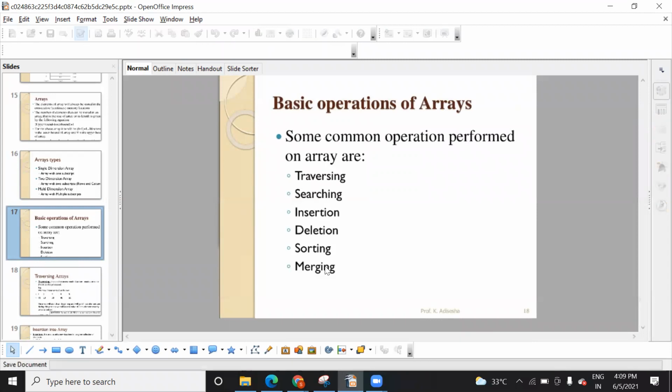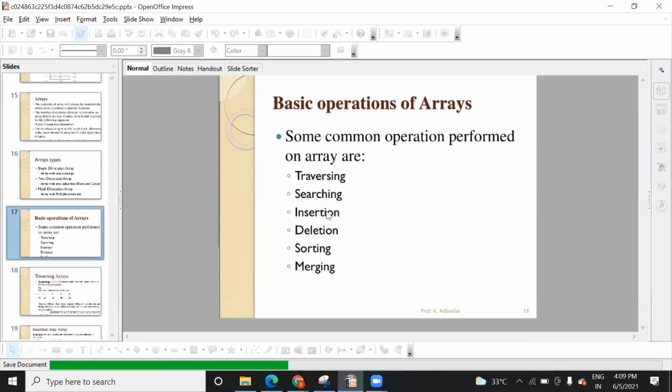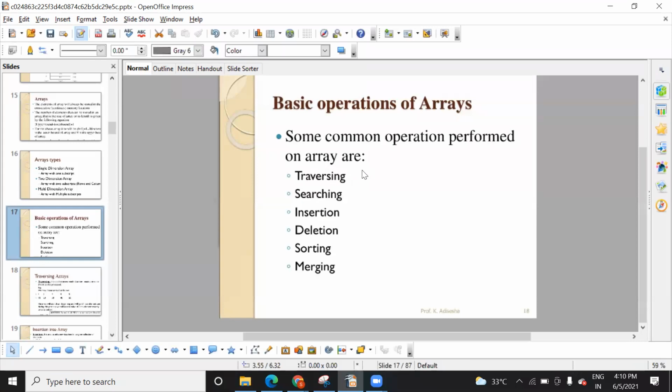How you access an element, how you search for an element, how you delete, sort, or merge elements. Whatever array you are writing, these operations are going to help you in solving data structure problems.